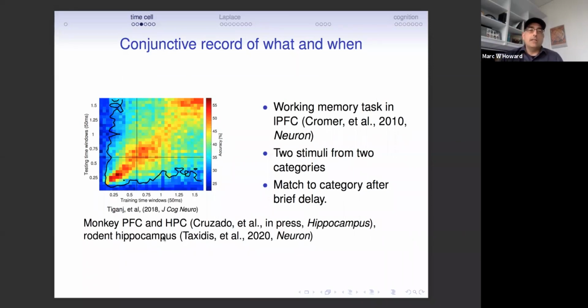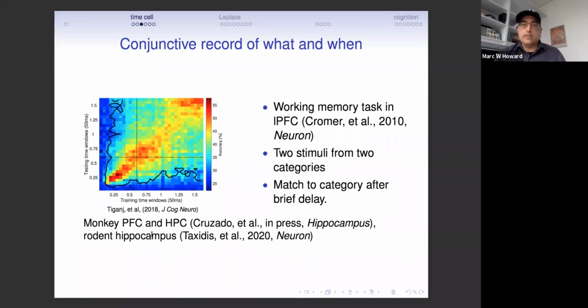And in this analysis, and many people have done this, so hopefully this is familiar, we trained a classifier on a segment of time, say a 50 millisecond bin, say 0.75 seconds after the stimulus, and then we tested that decoder on each of the other time points. And we find that the decoder is above chance, indicating that the population has information about what happened, but also it decorrelates over time.